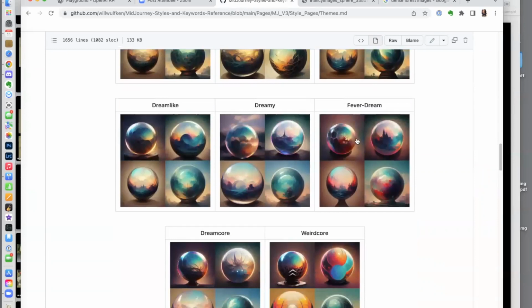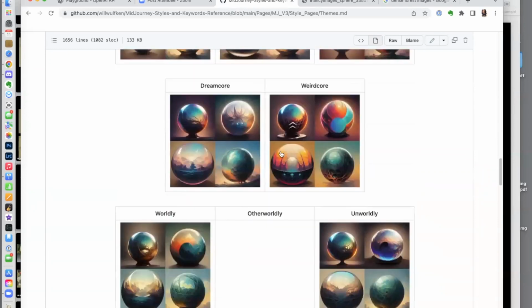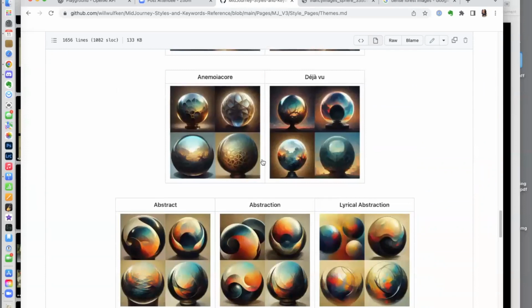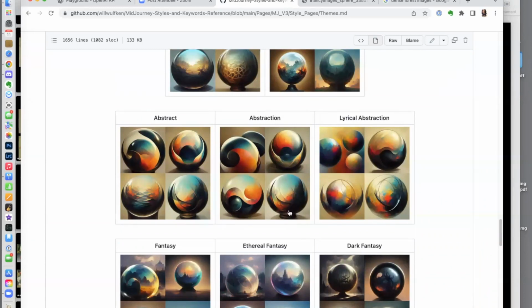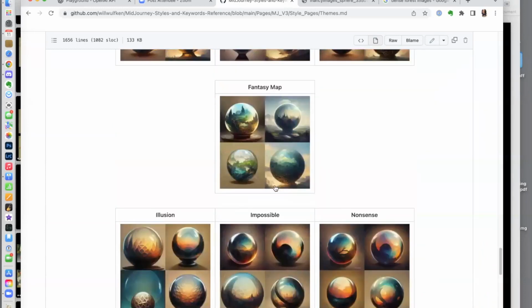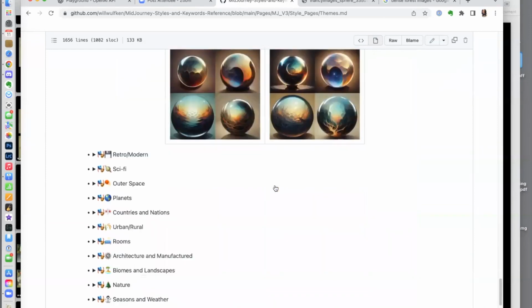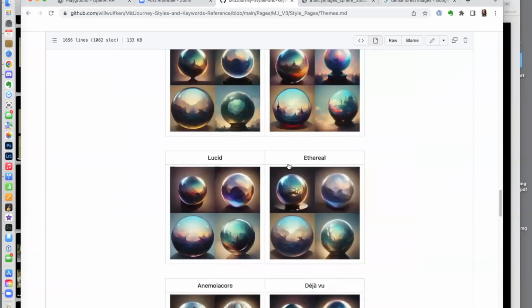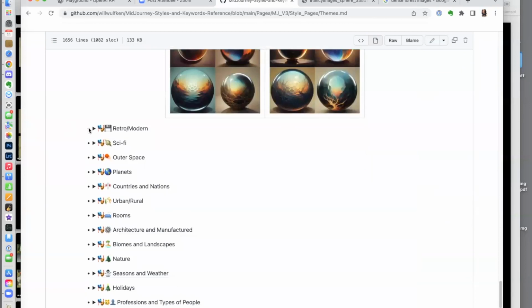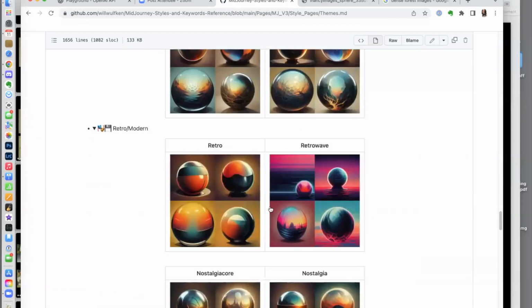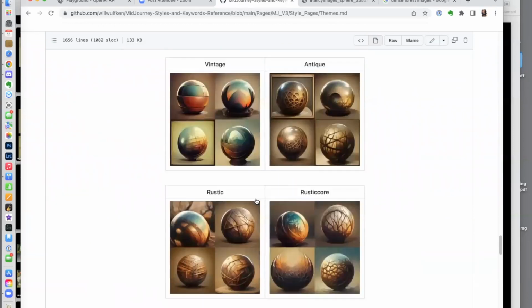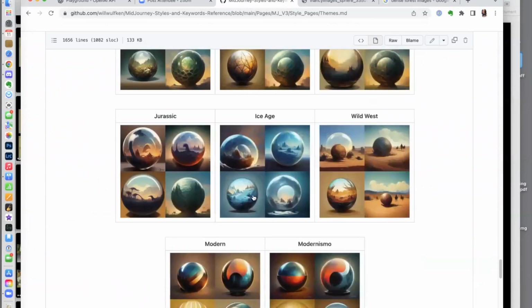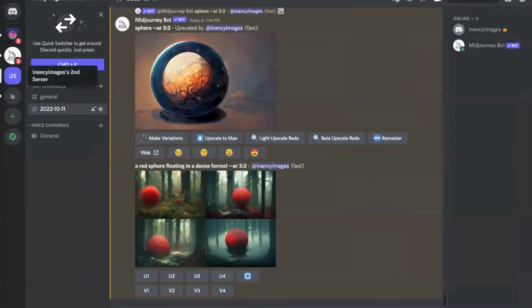And you can see fever dream, right? You get some weird core, worldly. So go to this site: abstract, abstraction, lyric abstract. I actually use these quite a bit for some of the stuff I do. Illusion, impossible. So that's just a set of themes. And these you can all add to the prompt: retro wave, nostalgia, etc. And it's just as simple as saying,